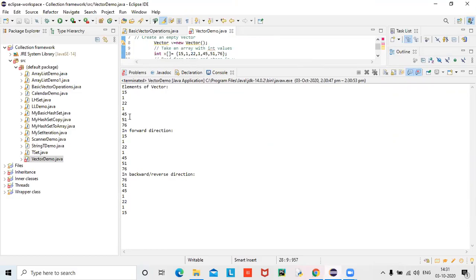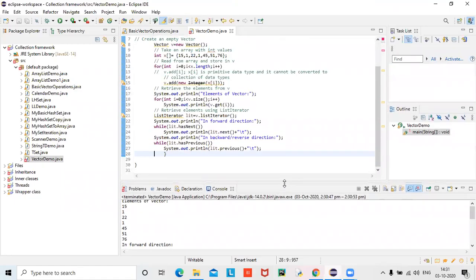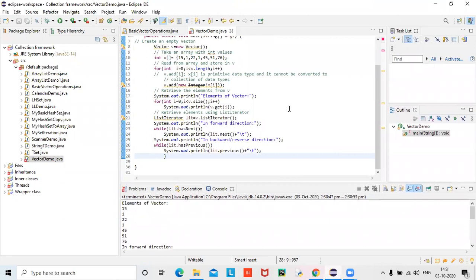So the interview question is, what is the difference between iterator and list iterator? If you want to display elements only in forward direction, then use the interface iterator. If you want to display elements both in forward and backward directions, I mean reverse directions, then go with list iterator.